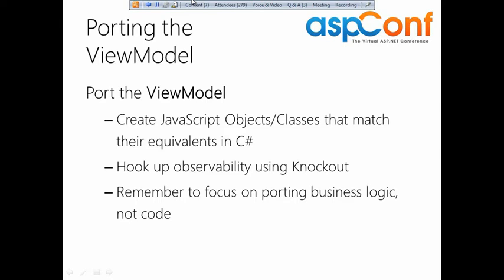Certainly, and then remember to focus on porting the business logic, not code. Just replicate the objects and classes that you have in C# or VB in JavaScript using JavaScript techniques and some kind of style guide, so that it's going to compile. Also, I don't have it in the slides, but JSLint is a great tool